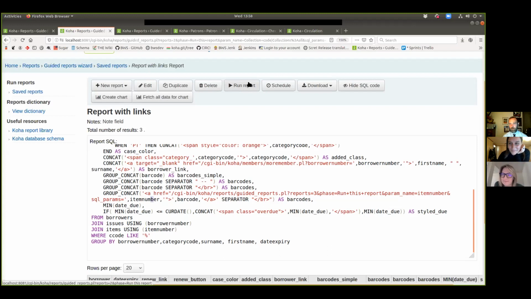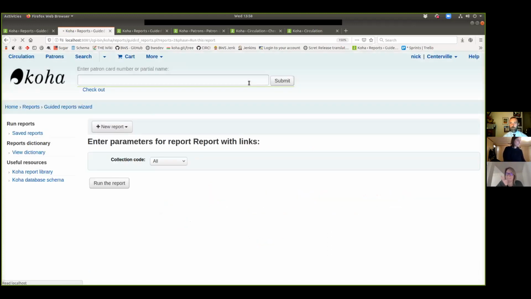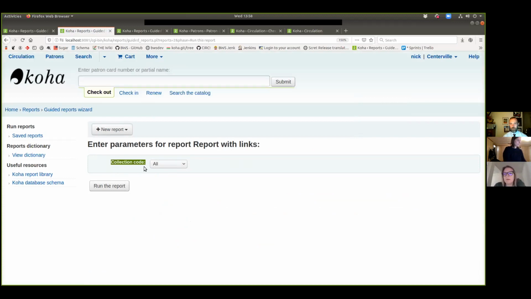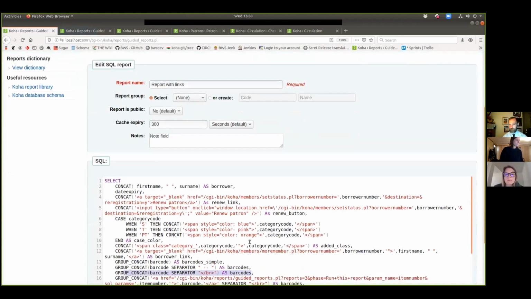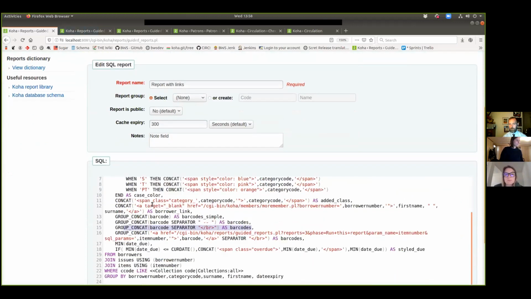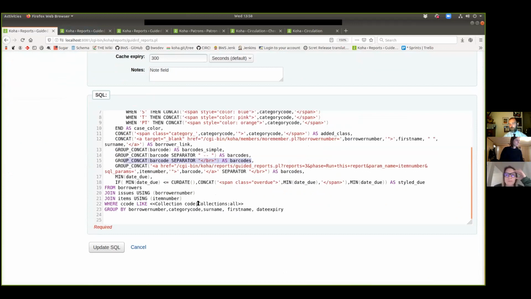So we've got reports within reports, we've got styling reports. One other thing I wanted to show, and this is a tip from Andrew, I have to give him full credit. When we go to run this report, you notice we've got the collection code and this all drop down. If any of you aren't aware, when you are asking for data in reports, down here is where we ask for the collection code. You can use this pipe and put in certain keywords to specify that you want a drop-down list of that information. Item types, collection codes,